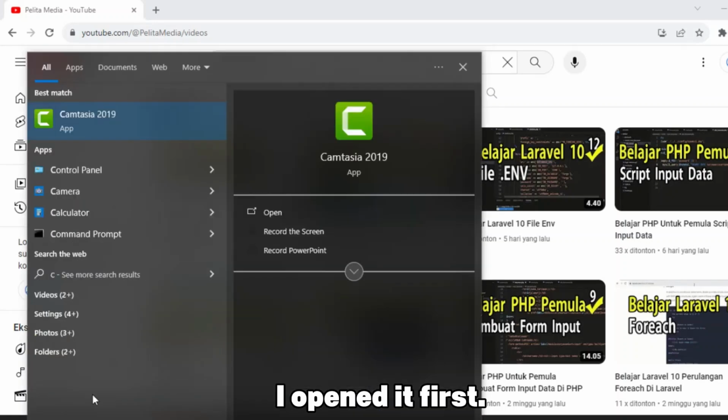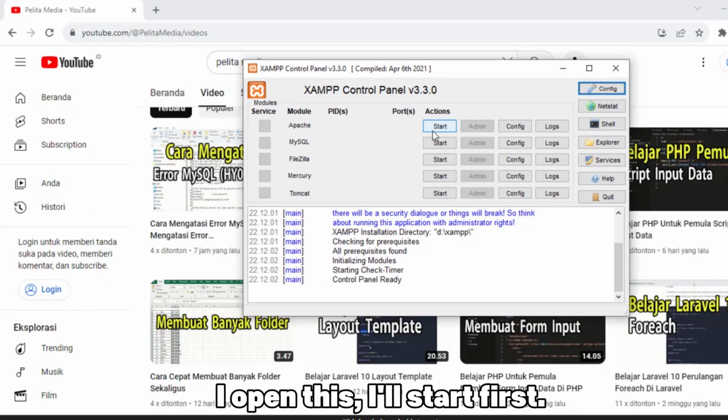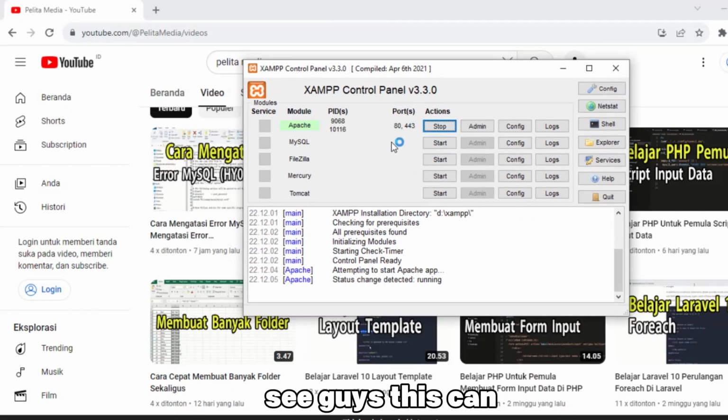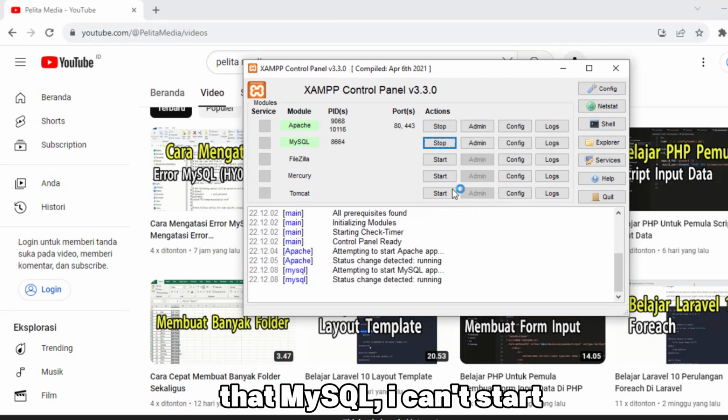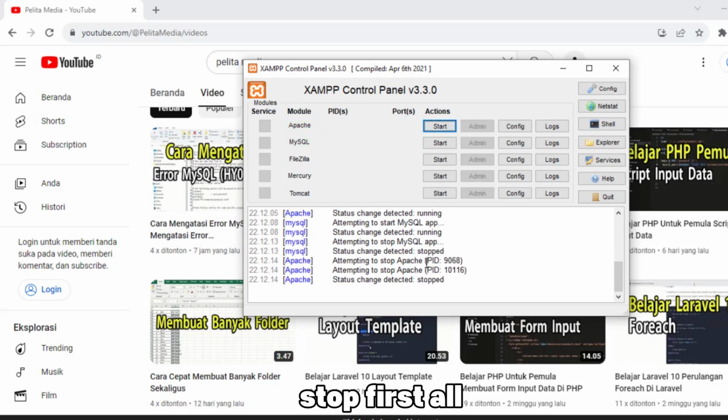I opened it first. Like this, I open this, I'll start first. See guys, this MySQL, I can't start. Like this, we stop first. Stop all first. Then we can